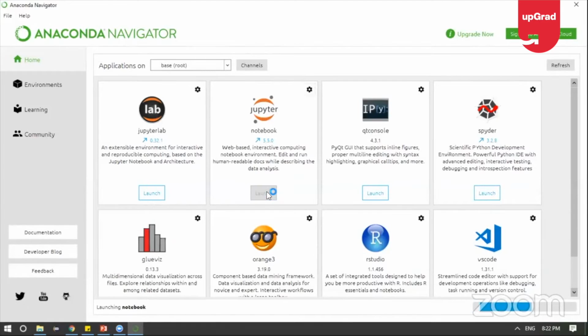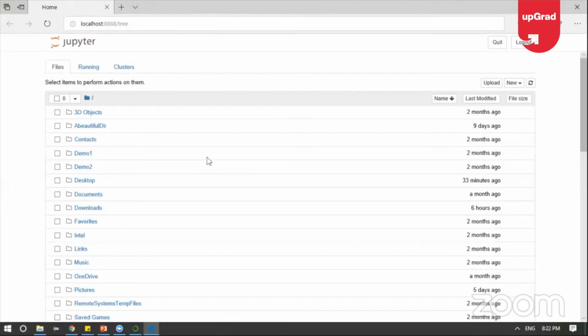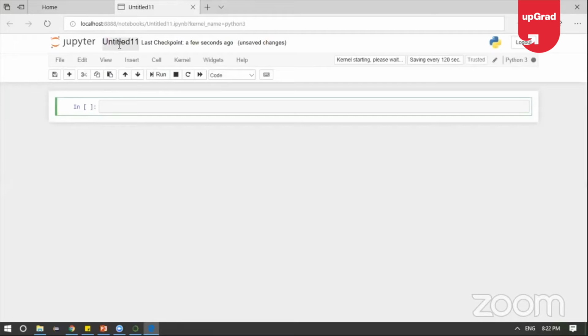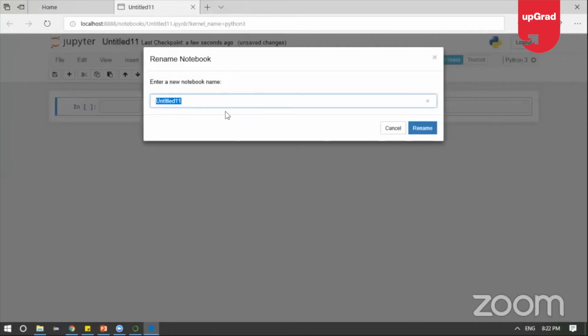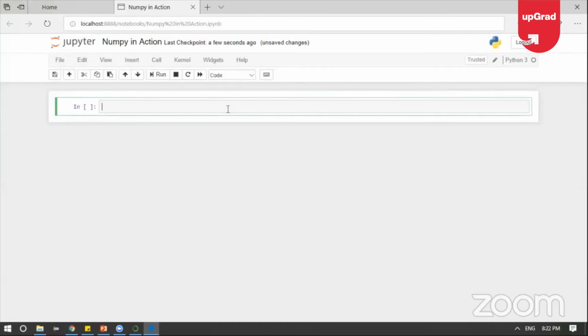So I'm going to launch the Jupyter part here. And now I'm going to click on Python 3. Here's the beautiful Jupyter. NumPy in action. So here we have NumPy,